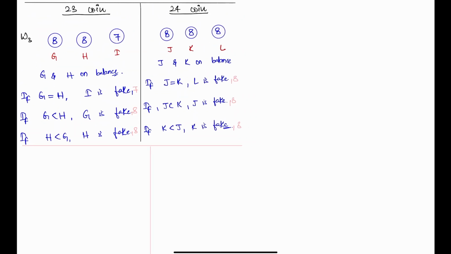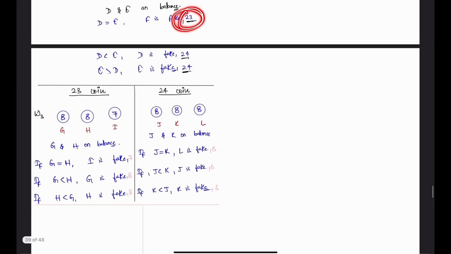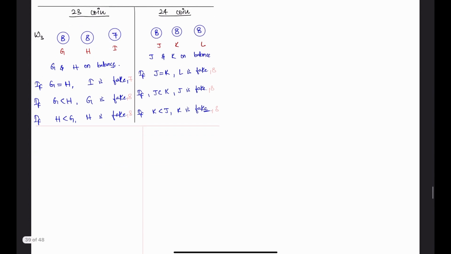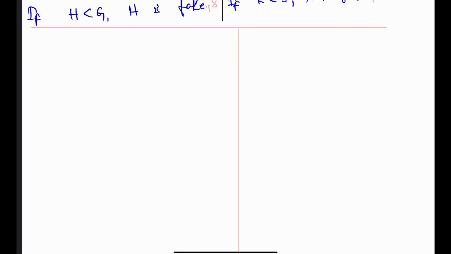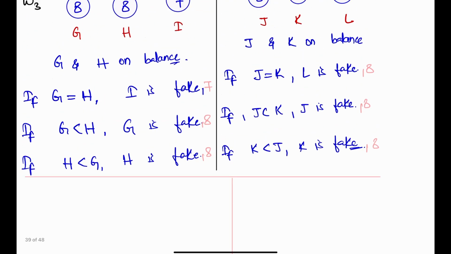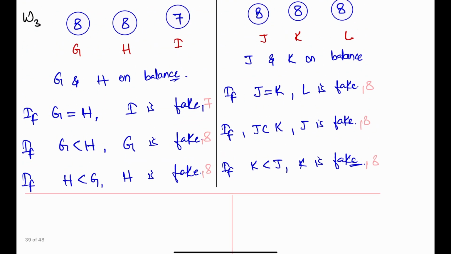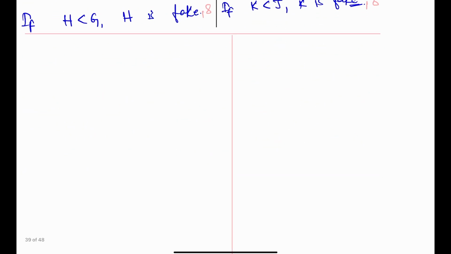So if I found that in this one fake, then these are the 3 possibilities. If in this one fake, then this is the possibility, or if this is fake, this is also the possibility. So in our fourth weighing we can only have 2 different variables, that is either we have the fake among 7 or we have the fake among the 8. So W3, W4. In weighing 4,